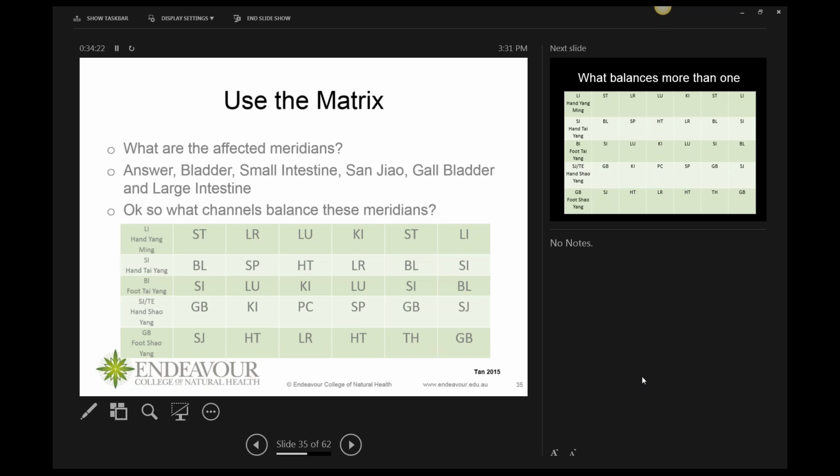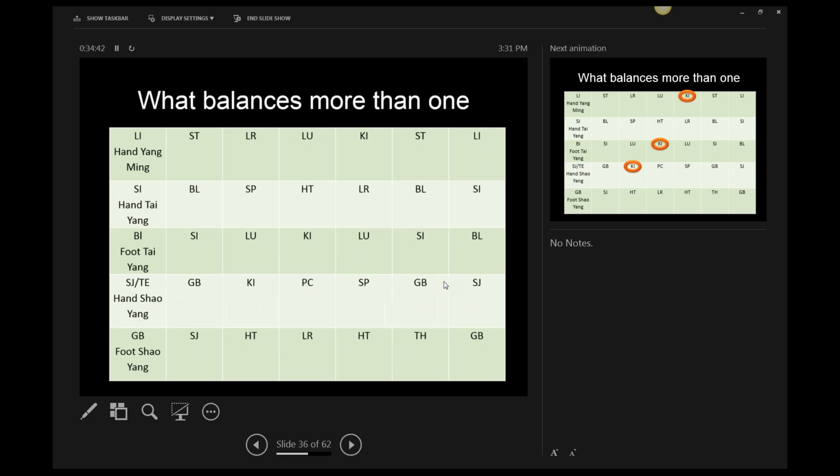So this is just straightly taken from that chart. We've got our large intestine, our small intestine, bladder, Sanjiao or triple energizer, and gallbladder. And then we've ended up with just filling in the gaps of system 1, system 2, system 3, system 4, system 5, and system 6. So then we go, okay,